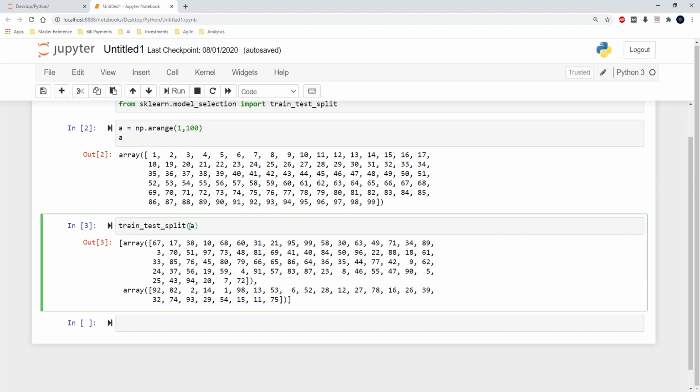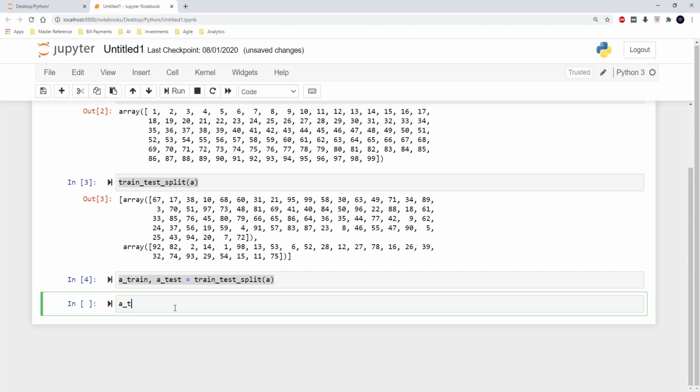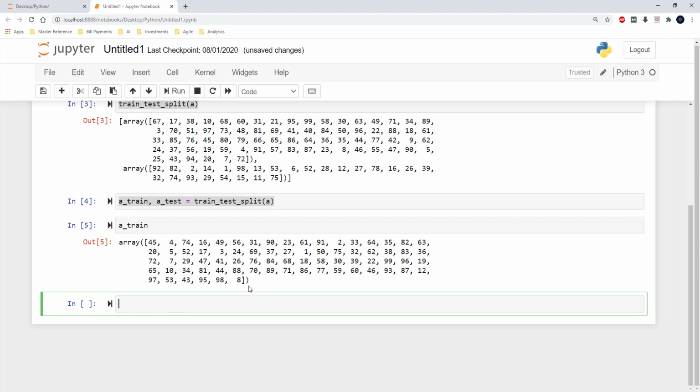While I am splitting these datasets, I could directly store them in the training and the testing variables. So I am just using the split, and here I am assigning it to a_train, a_test. When I type in a_train, I can see the training dataset, and when I type in a_test, I can see the test dataset.